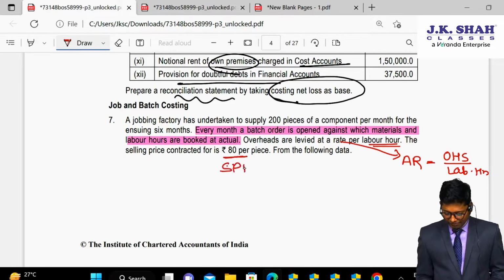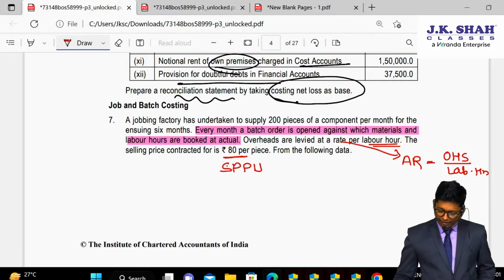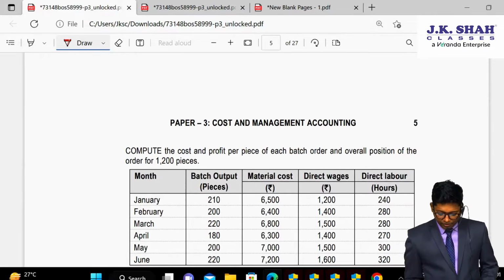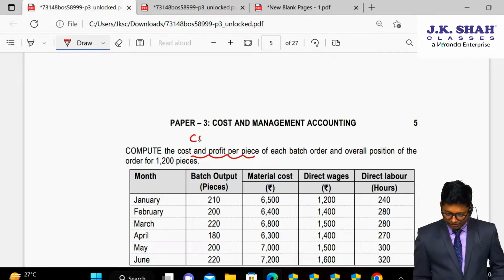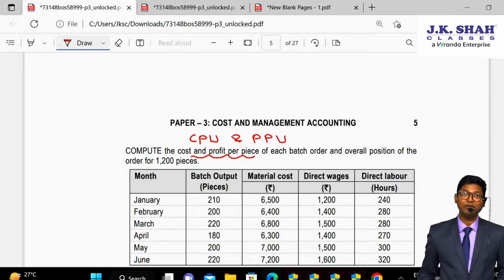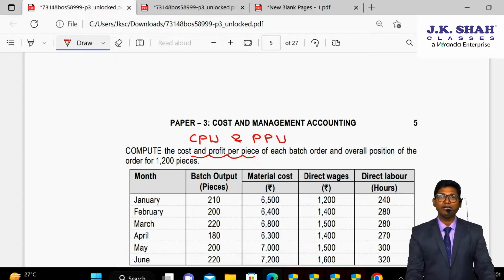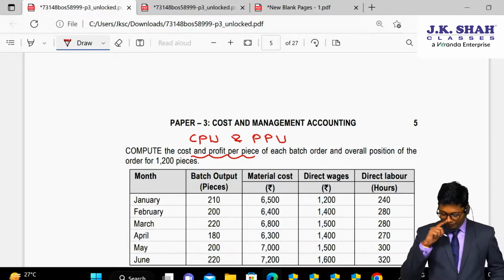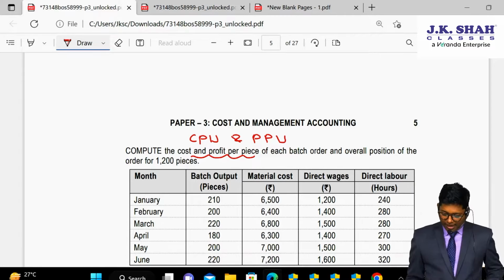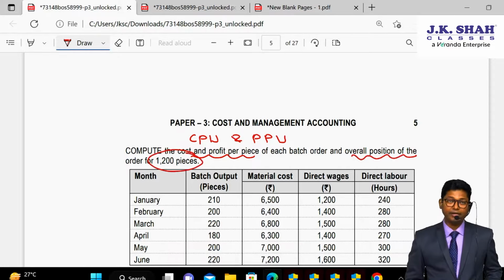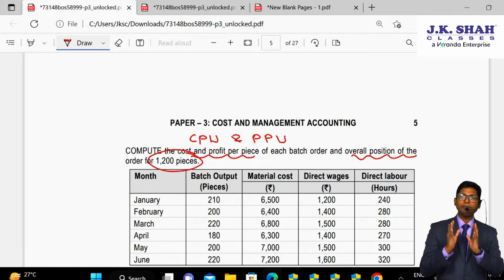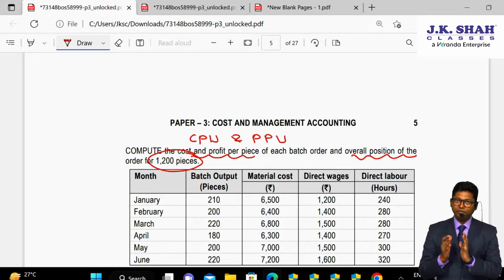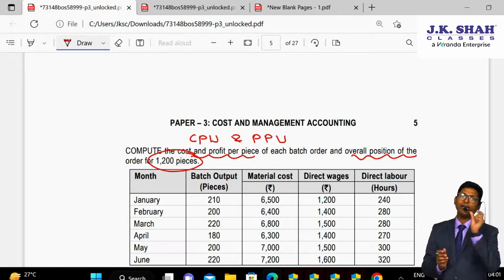So this is selling price per unit, and from the following data compute the cost and profit per piece. Means the question is asking you to calculate CPU and PPU. Sir, what is CPU and PPU? CPU is cost per unit and PPU is profit per unit of each batch order and overall position of the order for 1200 pieces. That means we need to calculate the CPU and PPU for each independent batch every month,